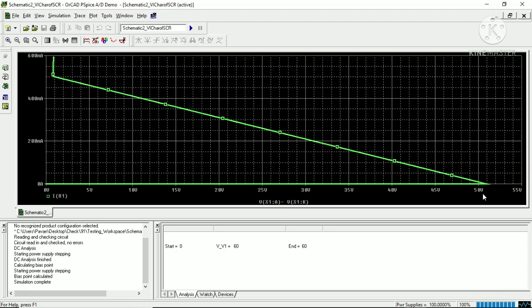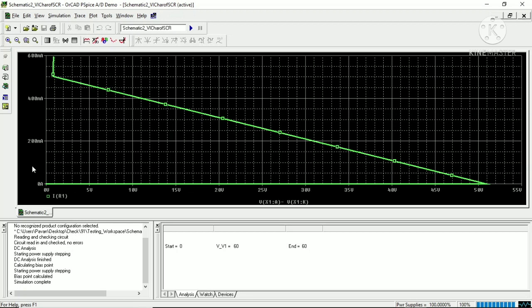So you can see that now your x-axis has become the anode to cathode voltage across the SCR, and you can see that from 0 to more than 50 volts it remains in the turn off stage, and as this point occurs, the breakover voltage will occur, and the SCR will turn on because avalanche breakdown and forward voltage triggering will occur, and the current will immediately change from the leakage value to a high value. Now how to measure all these things?